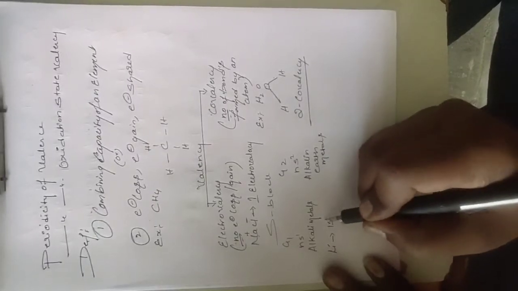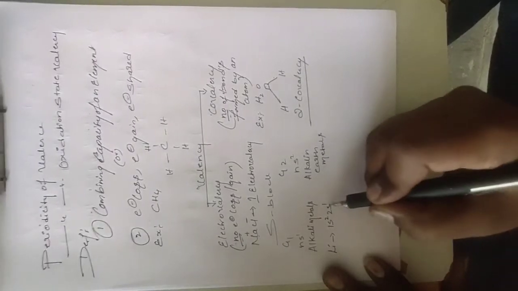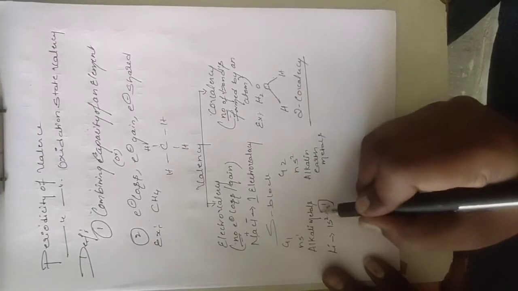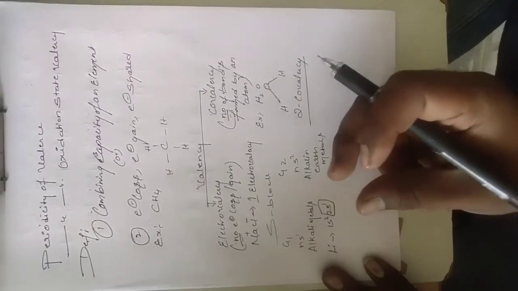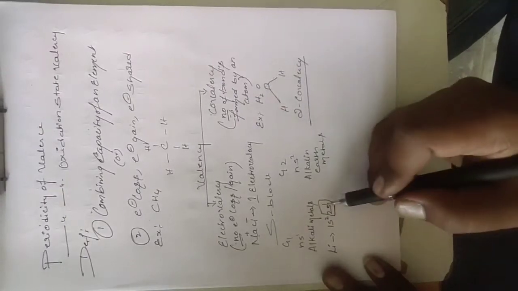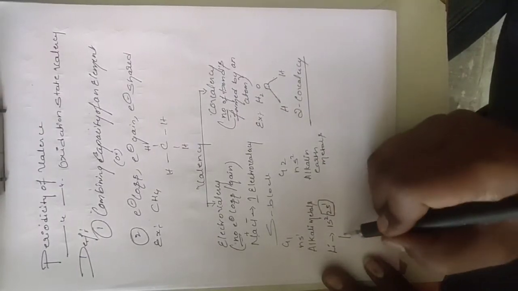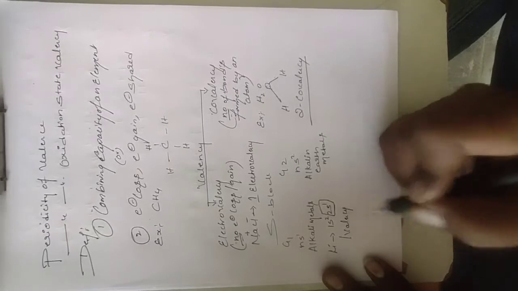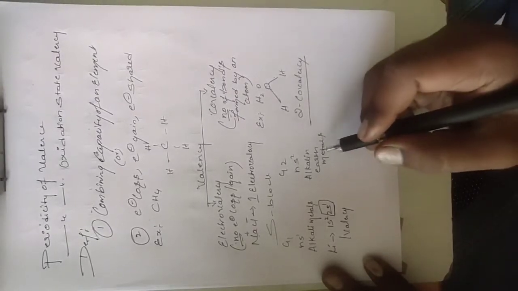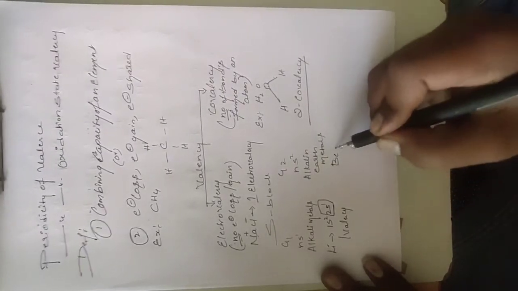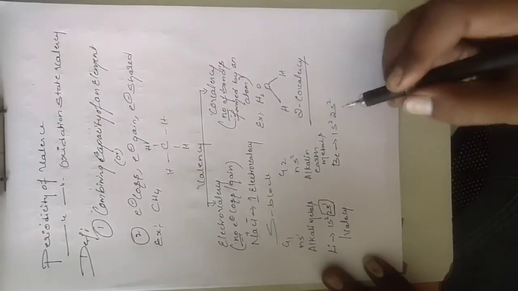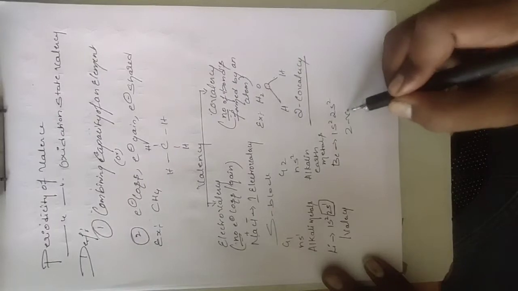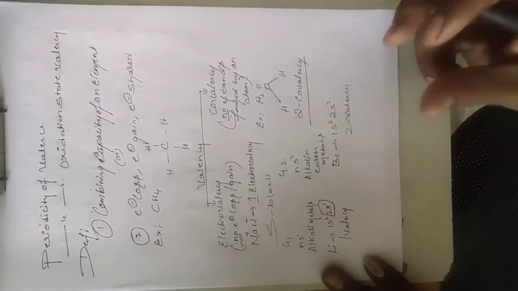configuration 1s2 2s1. The valency, you see, this is where the valency occurs. The s orbital must be filled with 2 electrons, but we are having 1 valency occurring here. When we come to alkaline earth metals, we take beryllium. If we write 1s2 2s2, here 2 valency, the last orbital, how many electrons are present, that much is the